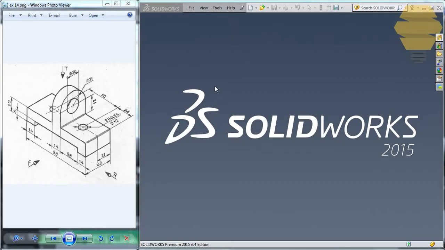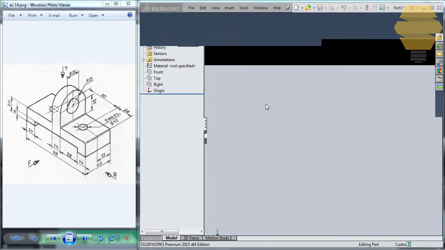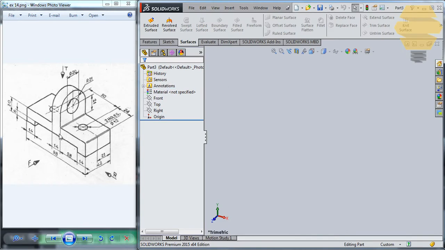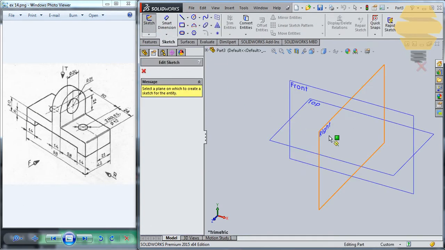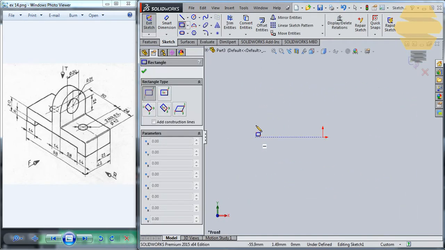In this video, we'll work on exercise number 14 using Surface Design Workbench in SolidWorks. To start off, we'll go to File, New, and double click on the empty part template. To begin with, we'll create this portion. So we'll go to Sketch, click on the sketch. We'll start the sketch on the front plane. Let's just create a rectangle